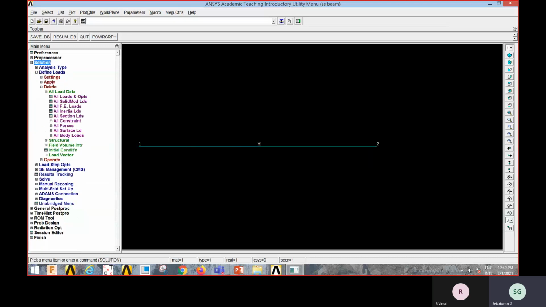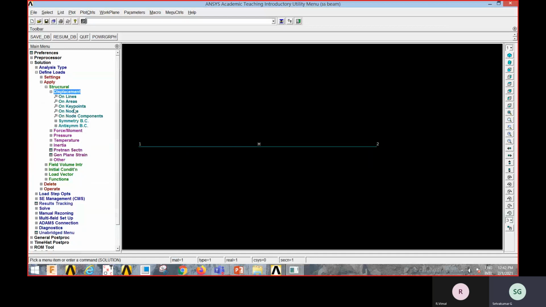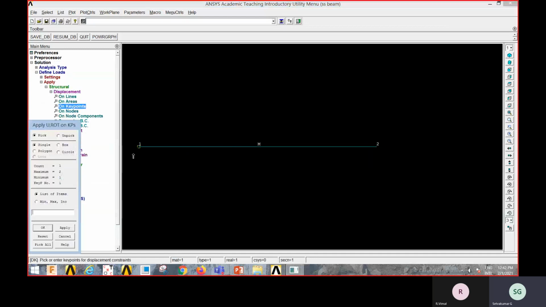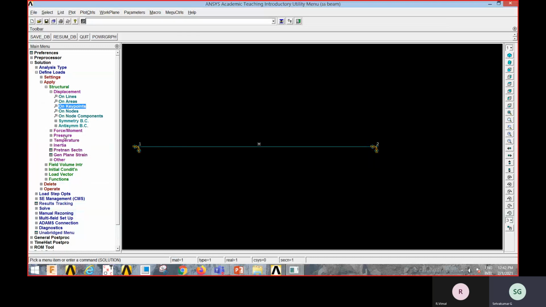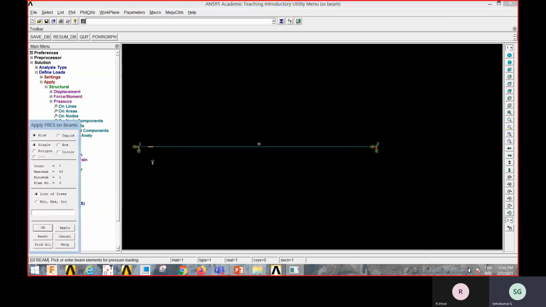Next, in solution you can apply displacement on key points 1 and 2. You give a simply supported condition by setting ux, uy, uz, rx, ry as 0. Next, pressure is applied on the beam. Select it. 50 selections.